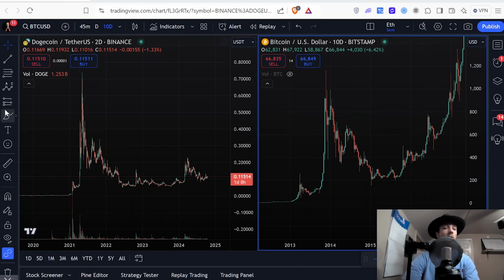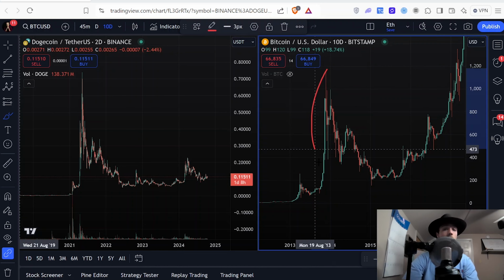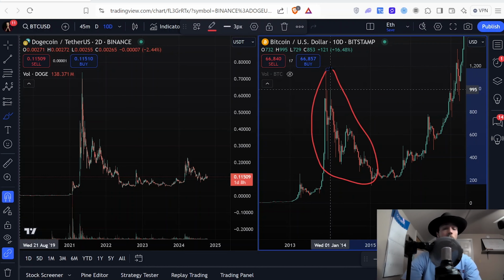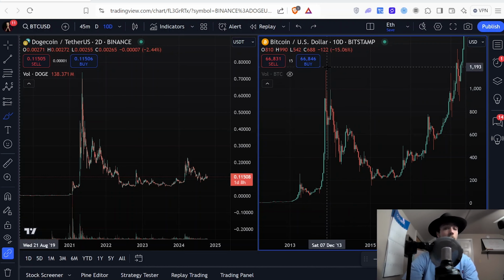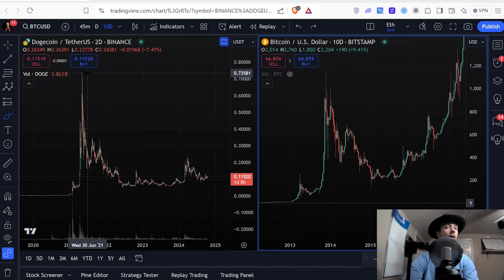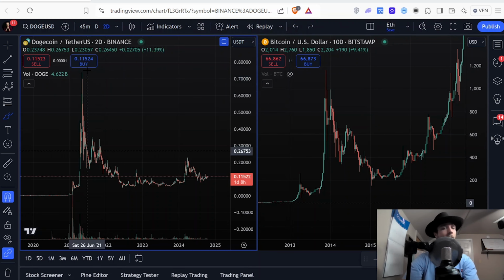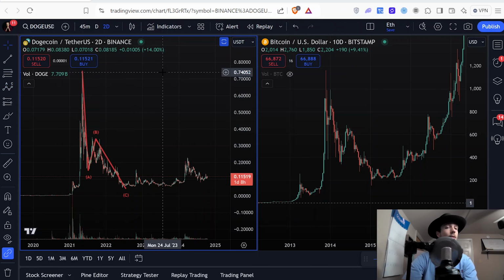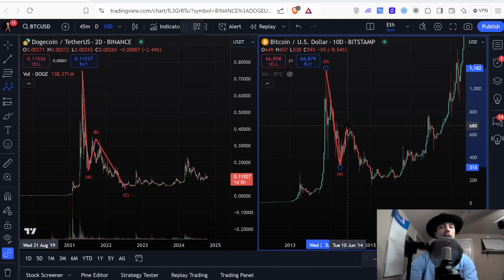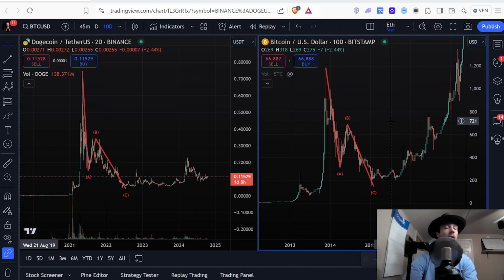cycle starting. And by the way, the reason this retracement was so deep is that this was a complete cycle. This was euphoria up here, the top of this cycle. It was overextended and had to have a big correction afterwards, just like this was overextended in 2021 and had to have a big correction afterwards. So yeah, it's really the same structure as Bitcoin back in the day. Dogecoin right now,